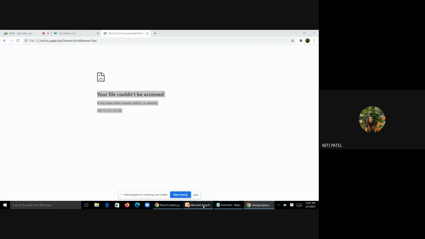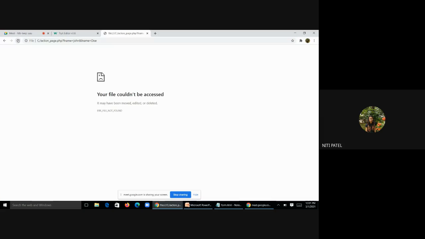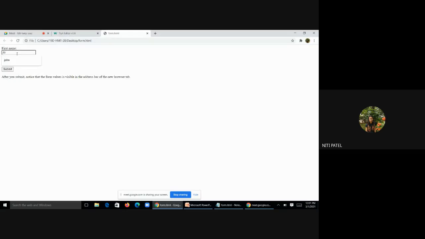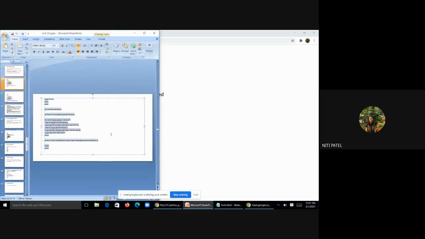But will this happen if I put post? No, it will not happen. When I put post method over here, when I save this and when I try to run the same code, when I fill the data over here as EP and when I submit, see, is it showing me the data I filled for first name and what I filled in front of last name? No. Okay, so that is a difference in your method get and post.